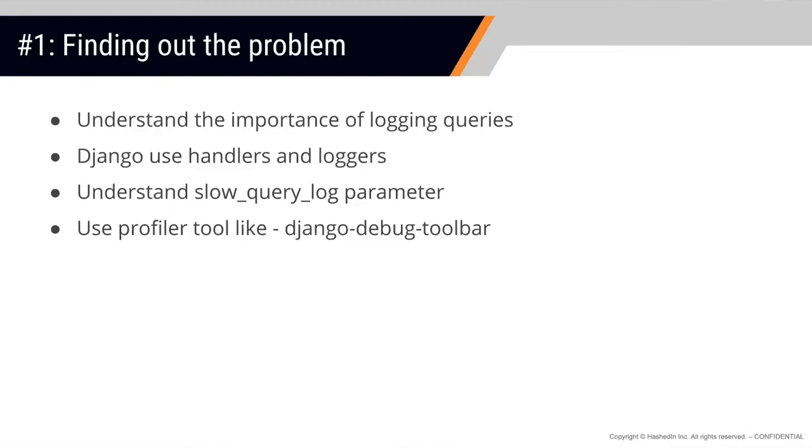If you're in the Django world, probably you can use handlers, loggers. And there is an interesting thing, the slow query log parameter: you can configure your handler to log the queries which are taking, let's say, more than X amount of time, or more than 1 second, for example. So make sure that even if you're not putting any kind of filter, like taking more than this much time, you're logging it. At least all the queries you should log, and all the important information which will help you later to check how much time my query is taking, what is the actual query, and all those things. If you are logging, it will help you a lot.